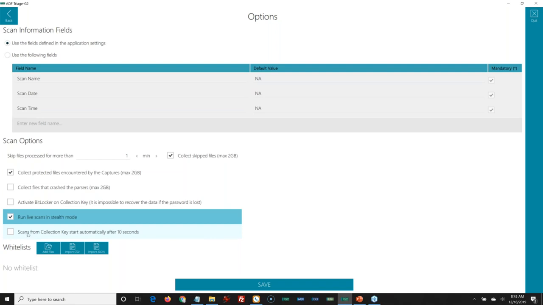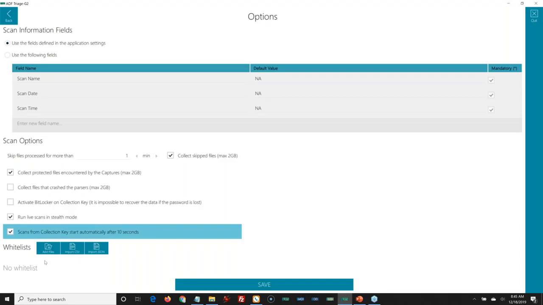Items left behind. And you could also set it to start the scan automatically. So if I'm doing a boot scan or a live scan, I just need to start it or boot to it, and it will run through the process automatically. So you could put the key in, make sure it's starting, and then walk away, and everything will run. And we're going to show you that.